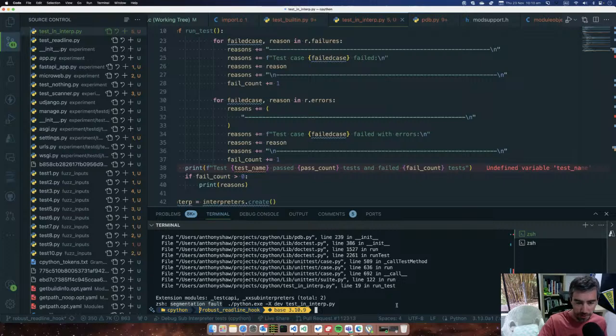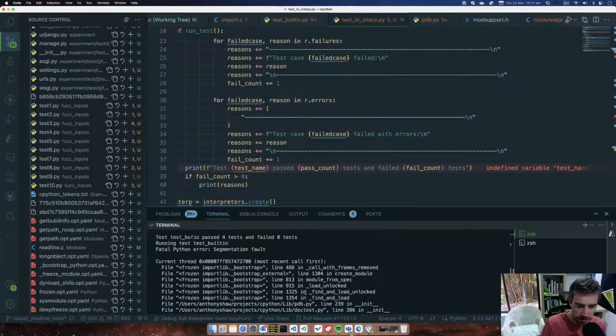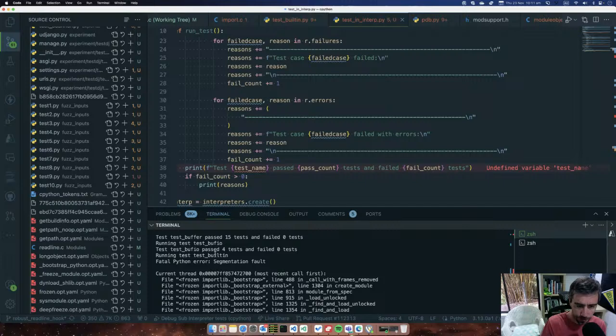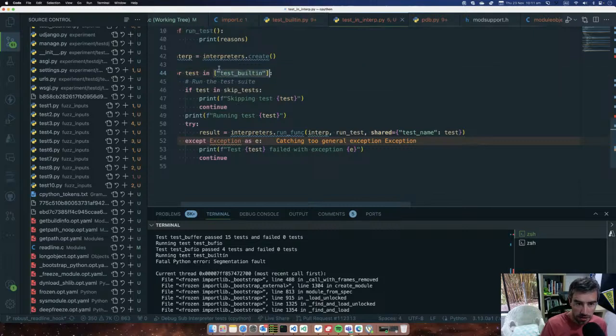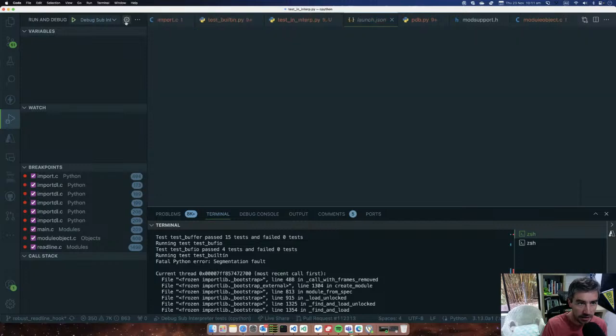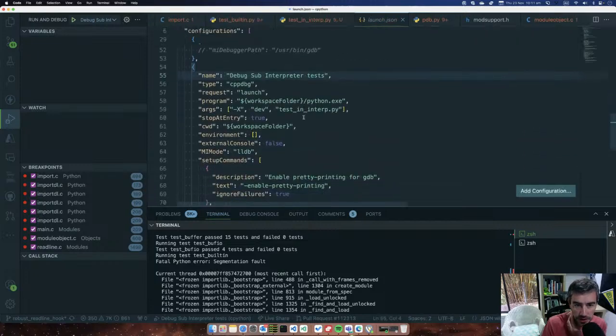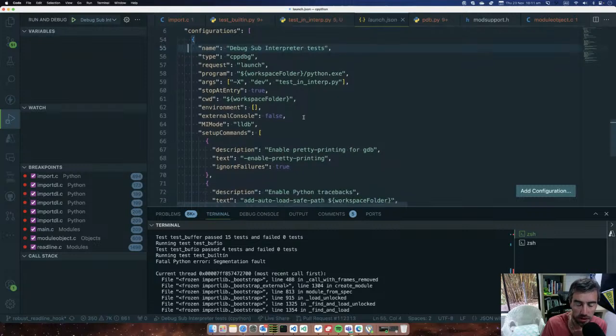So I got to this point yesterday, which I thought was interesting because, you know, CPython shouldn't crash like this. So why is that happening? And if I just hard coded it to be the particular test that was failing, which is test built in, and then created a debug configuration in VS Code, so that I can basically, so if you're normally